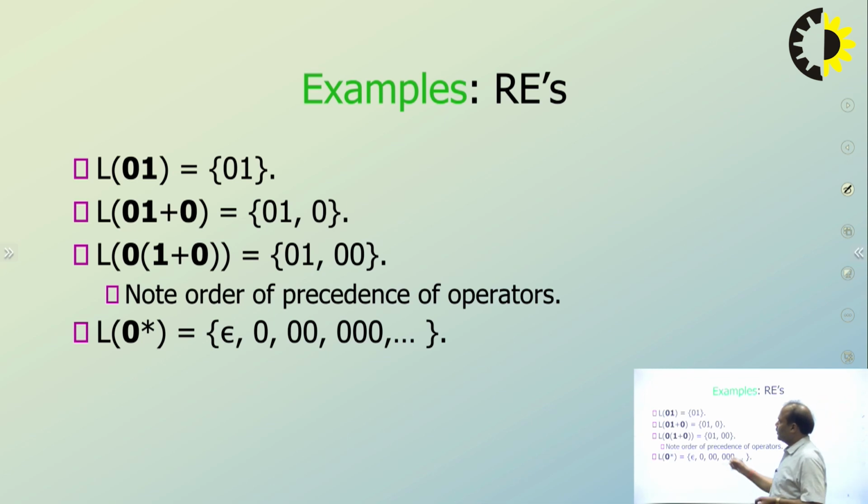So see here, the language of 0 and 1 is {0, 1}. The language of (0, 1) plus 0 is {0, 1, 0}. Same thing: 0, 1 plus 0 concatenation gives 0, 1, 0. So this is actually the language and the corresponding set. Remember, if you are defining any regular expression, there must be a corresponding set. You cannot define a regular expression without defining the set, right? Same thing here, the language of 0 star is going to be this.